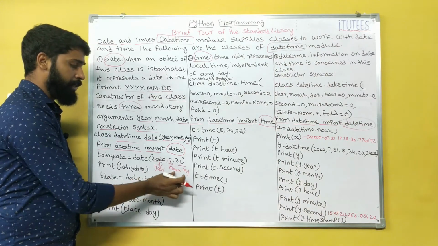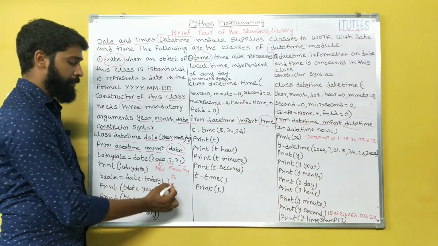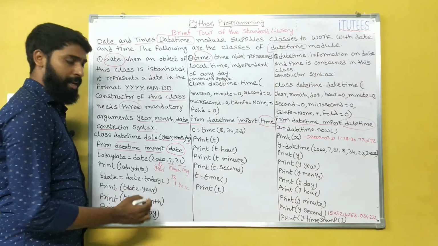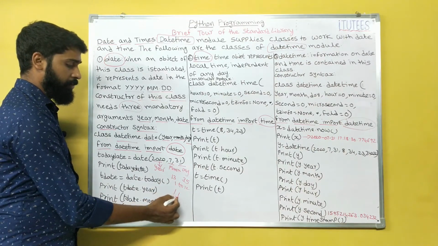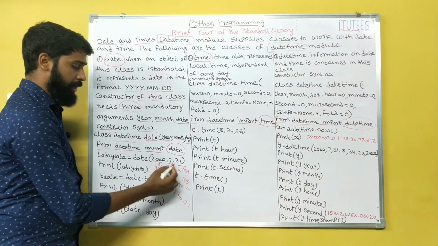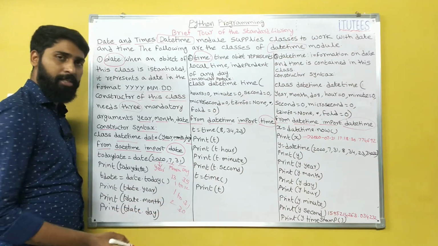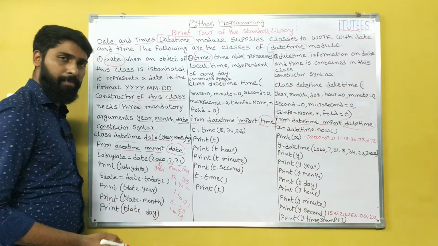All these have some boundaries. For example, for the month I don't give 13, because the month is from 1 to 12. In a similar way, for the date we don't give 35, because the range of the date is 1 to 31. For example, if I select February, I don't give 30 as input, because the range is 1 to 29 for February.